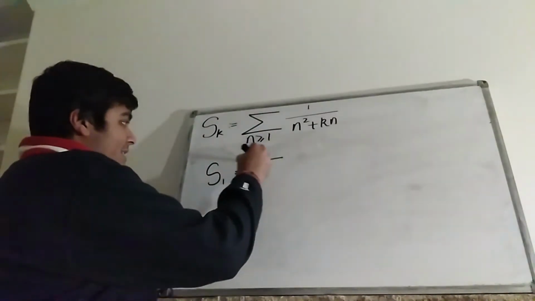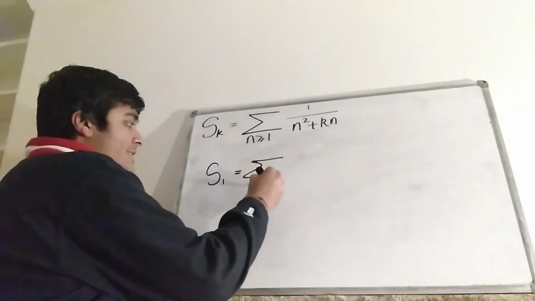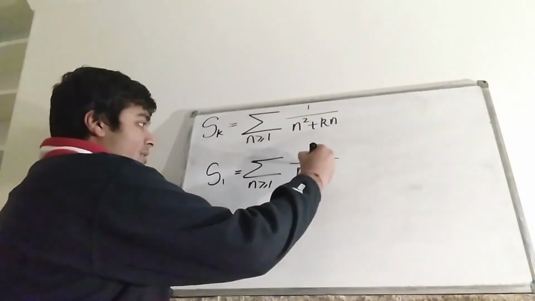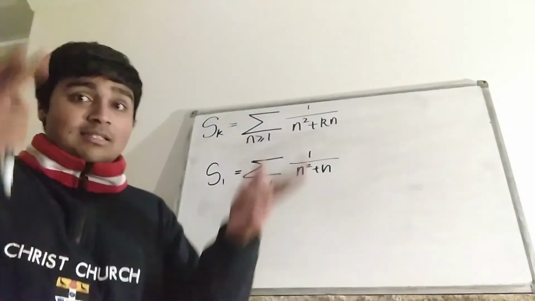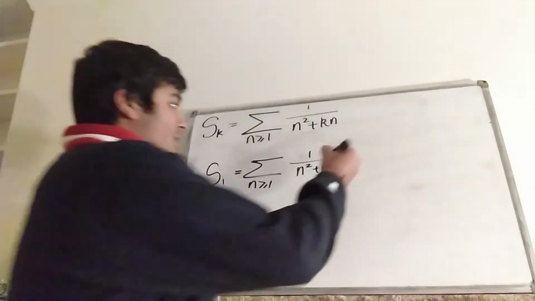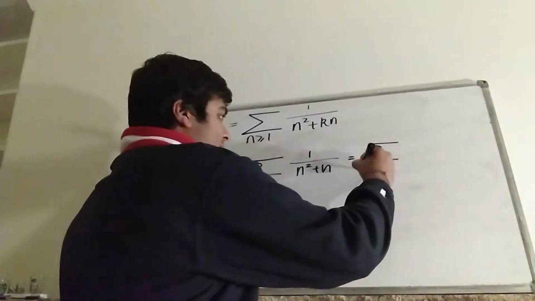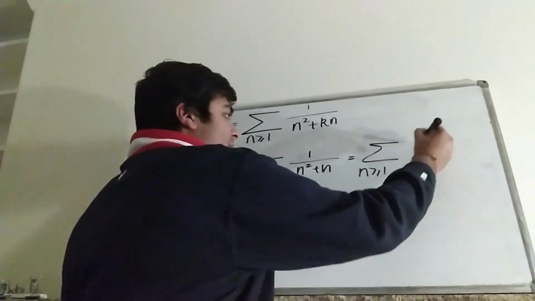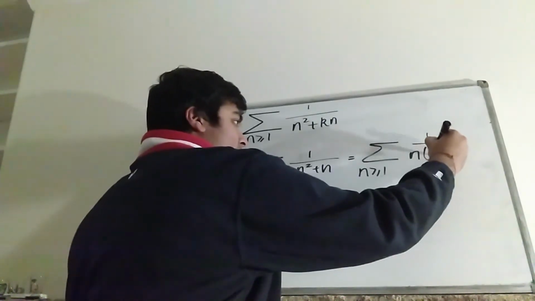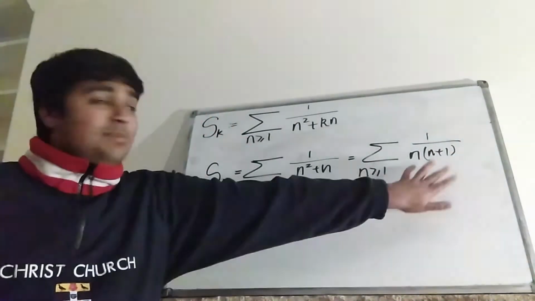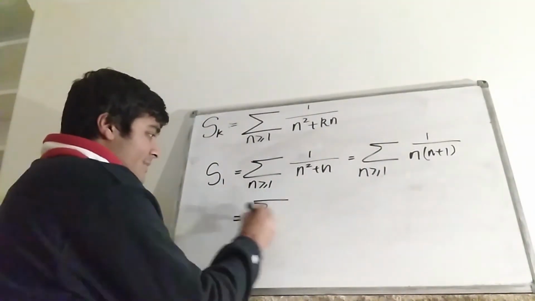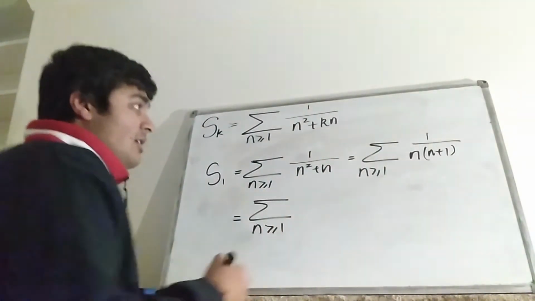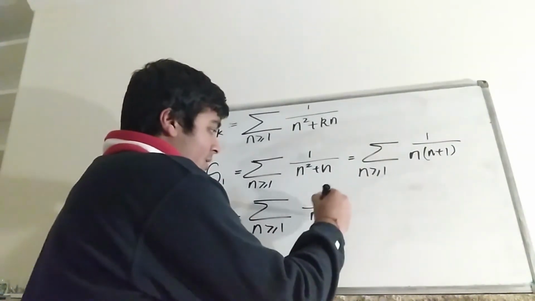S_1 is just precisely the sum from n equals 1 to infinity of 1 over n squared plus n. But of course, n squared plus n is just n times, in brackets, n plus 1. So I can write this thing here as a sum from n equals 1 to infinity of 1 over n times n plus 1. But then I can split this guy here by partial fractions. So this thing here is the sum from n equals 1 to infinity of 1 over n minus 1 over